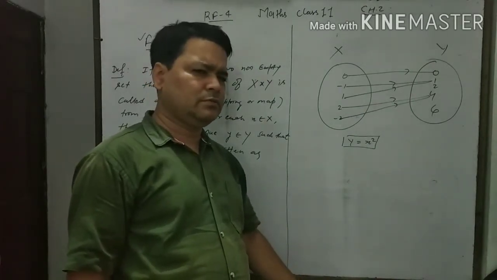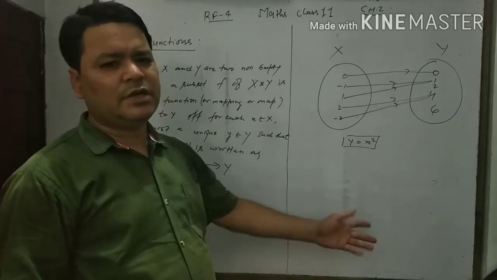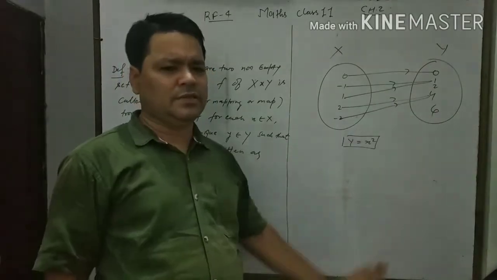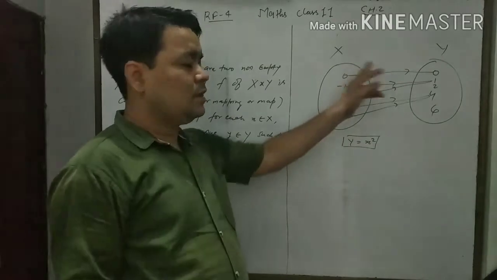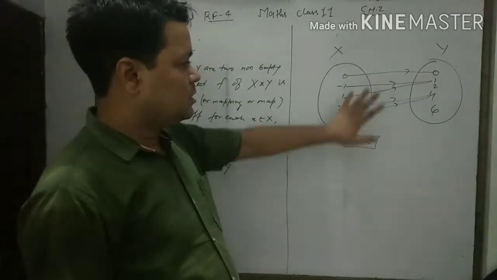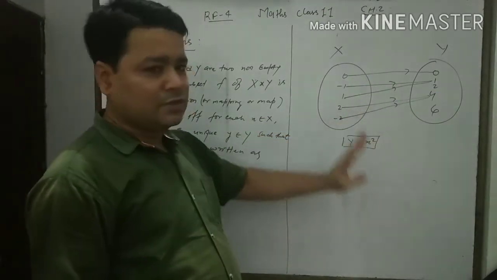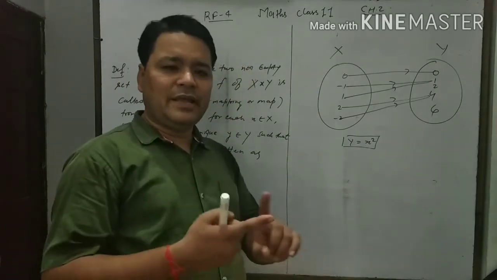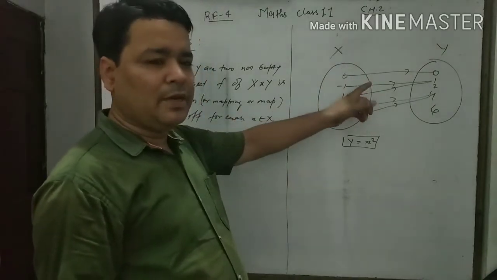What do you think? Is this a relation? Yes, it is a relation, because whatever mapping we create will be a relation. But every relation is not a function. We should think, is it a relation? Yes, clear, it is a relation. But is it a function? We just discussed before that every element of the first set should be related to a unique